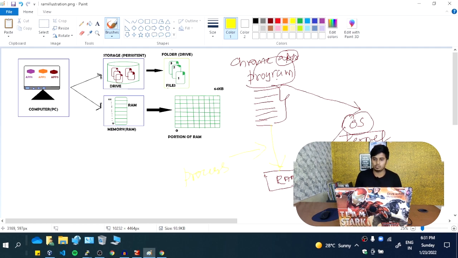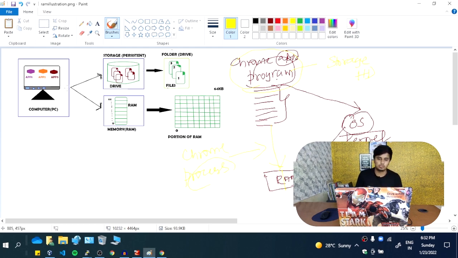This is a process. Whenever the program is loaded from the storage device to the RAM, that becomes a process. Now this is not a Chrome program, this is a Chrome process. So for this process, some amount of RAM is allocated to run. The remaining part, whatever the source code of this Chrome, is stored in a storage device such as a hard disk. Okay, this is a basic idea of how the process goes.